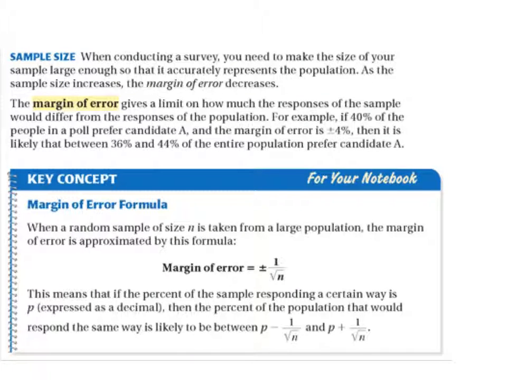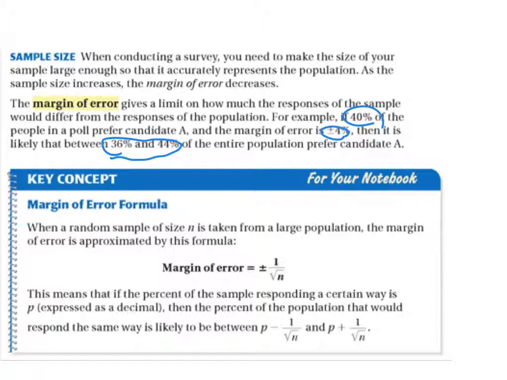All right, moving on. Sample size. When conducting a survey, you need to make the size of your sample large enough so that it accurately represents the population. As the sample size increases, the margin of error decreases. The margin of error gives a limit on how much the responses of the sample would differ from the responses of the population. For example, if 40% of the people in a poll prefer candidate A, the margin of error is plus or minus 4%, then it's likely that between 36 and 44%, which is plus or minus 4% of 40, of the entire population